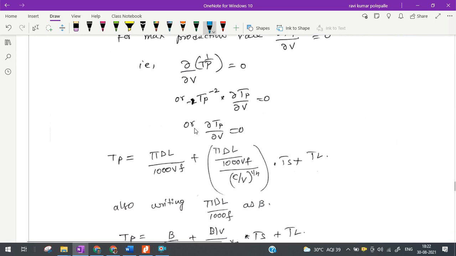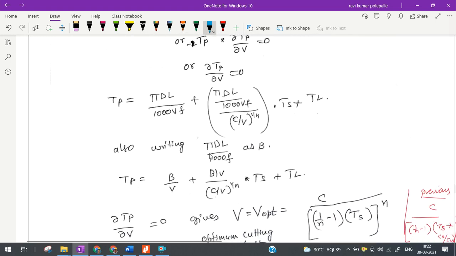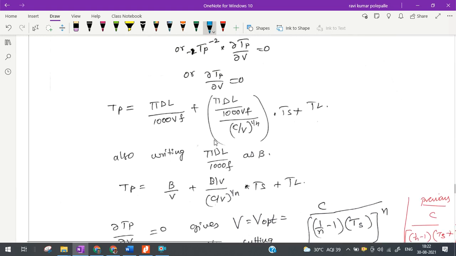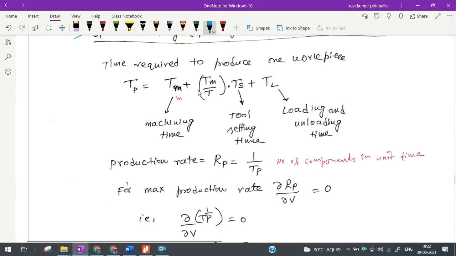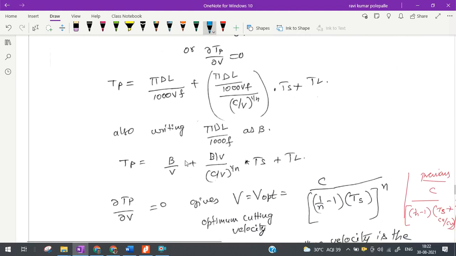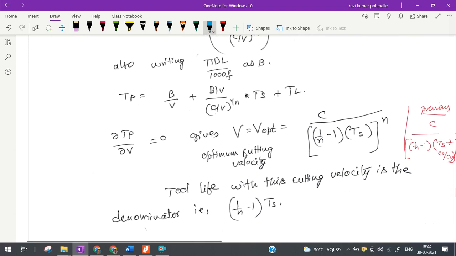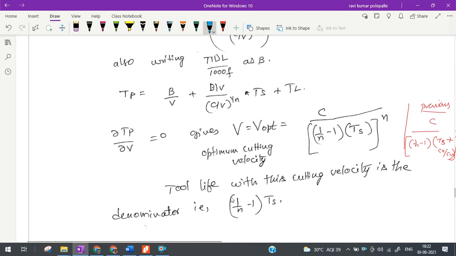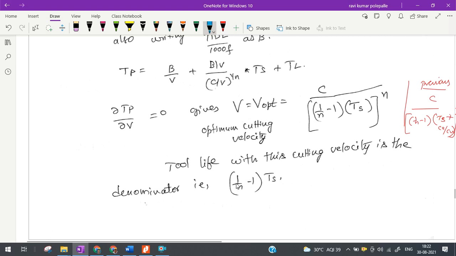It will also lead to dou T by dou V. If I make substitutions of the expressions for Tm as well as T and differentiate, I get an optimum cutting velocity as C divided by [(1/n minus 1) into Ts] to the power of n,